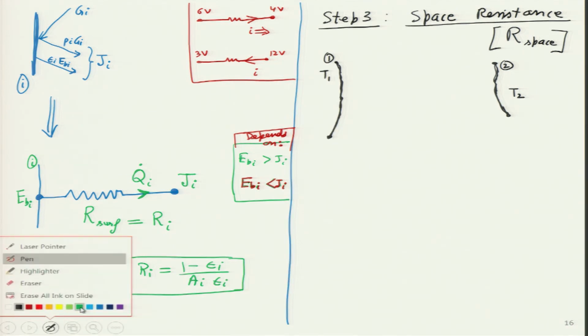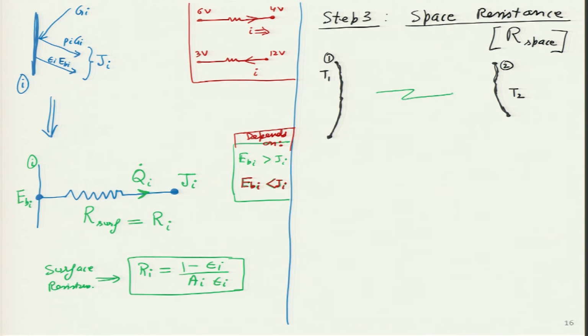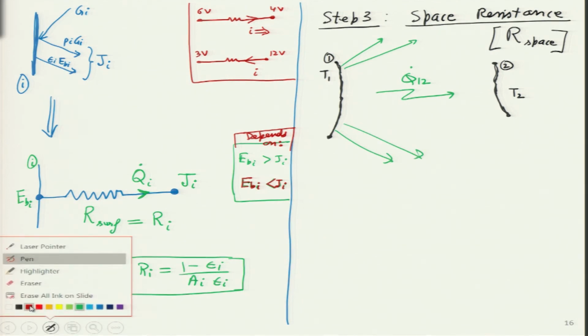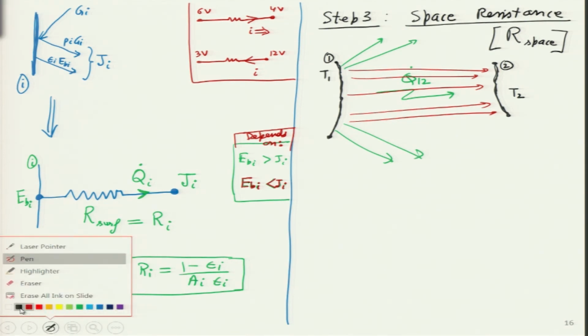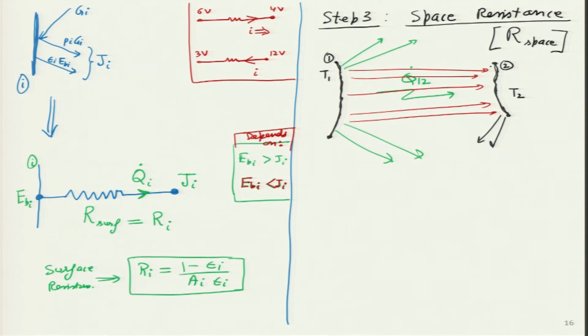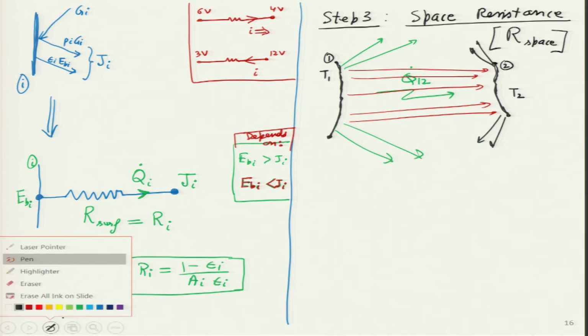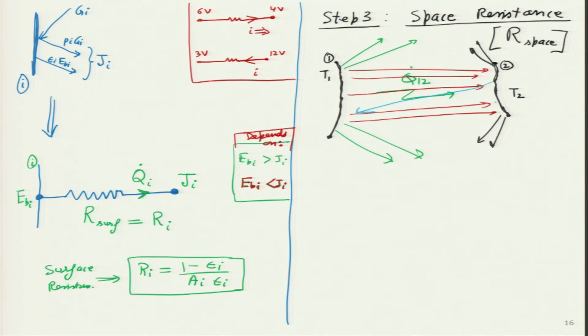Now, you remember in the previous class we had figured out what is going to be the net rate of heat transfer between them, because why is it not easy to calculate? Some part will go out like this, the green one. Only the red part which is hitting from surface 1 to surface 2 is transferring heat of surface 1 into surface 2, and the opposite will happen for surface 2 as well. Some part will actually be emitted over here, and only the blue part which is coming out from here is going to hit surface 1 directly.